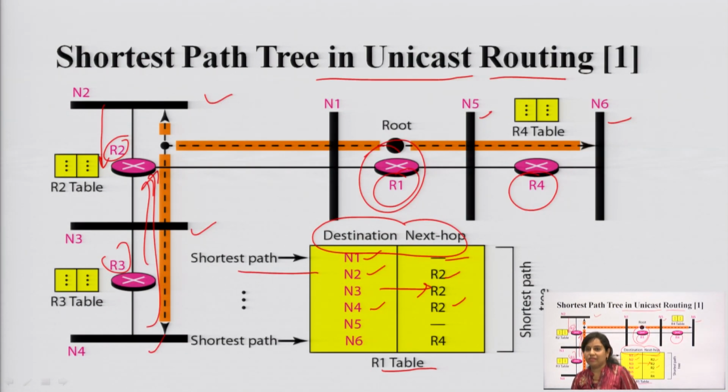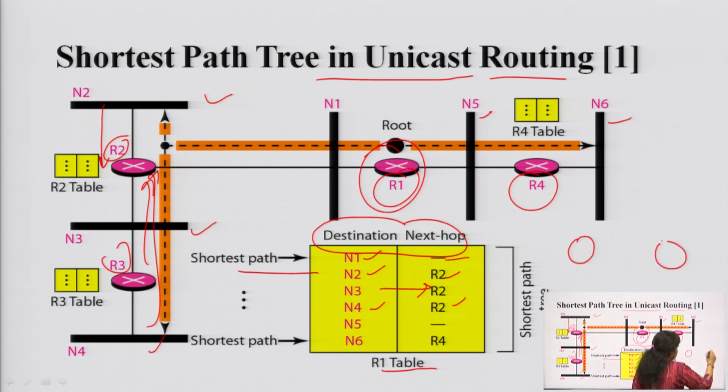Next one, in the previous slide I also discussed the routing protocol, which follows the shortest path, considering the shortest path algorithm. In case of Dijkstra's, what we have seen is that if I want to transfer a particular packet, let us say this is a network which has 4 nodes. This is node 1, this is node 2, this is node 3, this is node 4, and all these networks are connected like this.